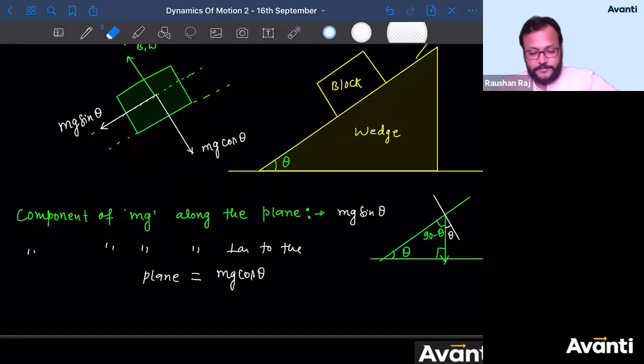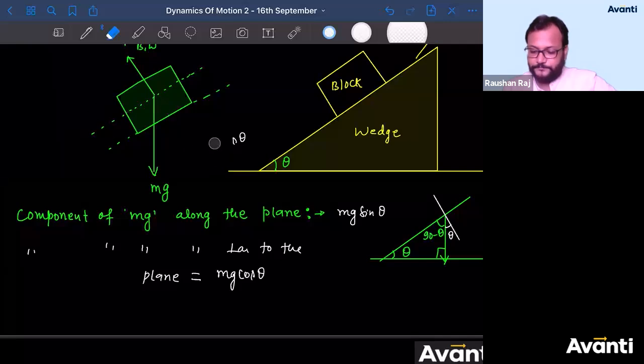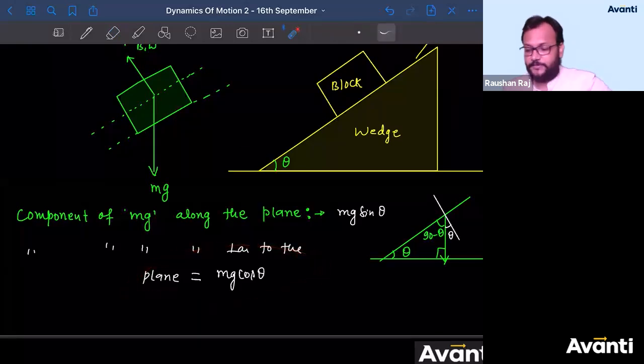Guys, did you get my point? But chalo, click yes if you have understood the component and mg cos theta, mg sin theta. But chalo, please let me know. So if you're drawing the free body diagram, either you draw only mg or you draw mg sin theta and mg cos theta. ठीक है चलो. So let me delete this part. ठीक है, मैं ये delete कर रहा हूँ. Anyway, but you have this answer, so you can represent that part.